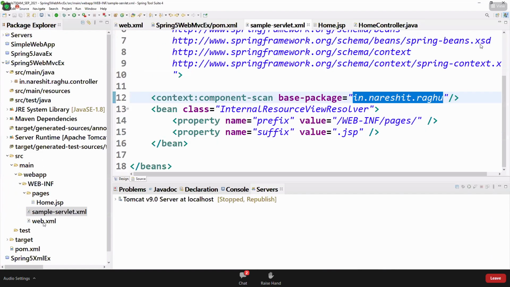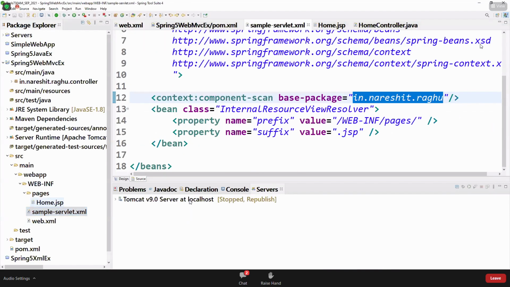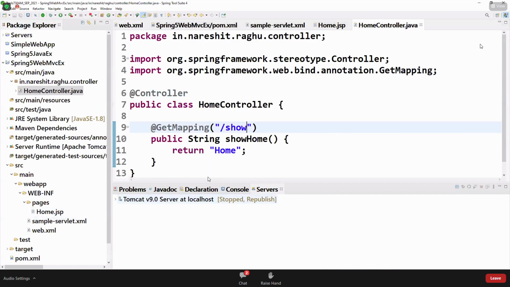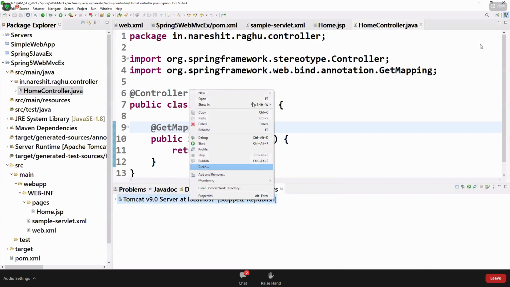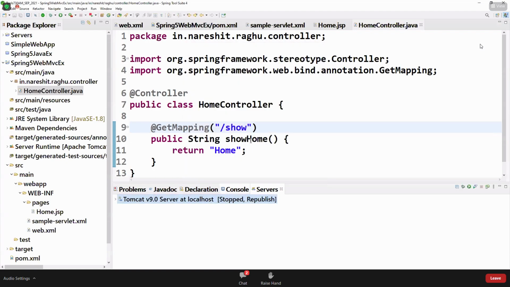First web.xml, sample-servlet, JSP page, and controller class. Okay, we'll run this application. Right click on server, add and remove, remove all, add your web application, finish, and right click and start.